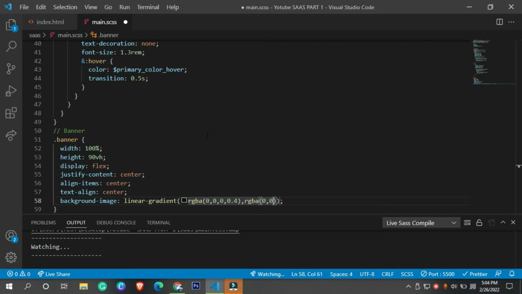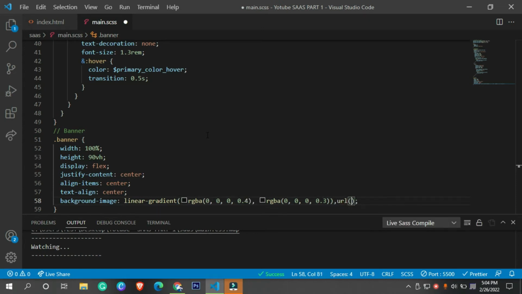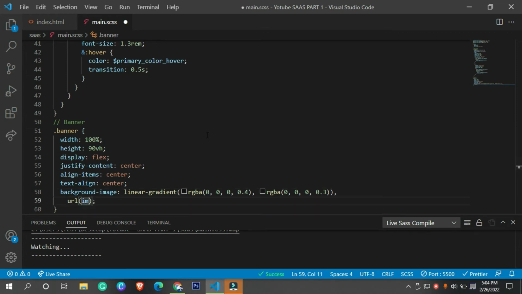Go to Google and type linear gradient generator, and you can easily find out how exactly you need to add other things, to right, to left, to bottom, that kind of thing. Okay, so you might not understand yet, but just Google it and you can easily understand. So after that let me call this